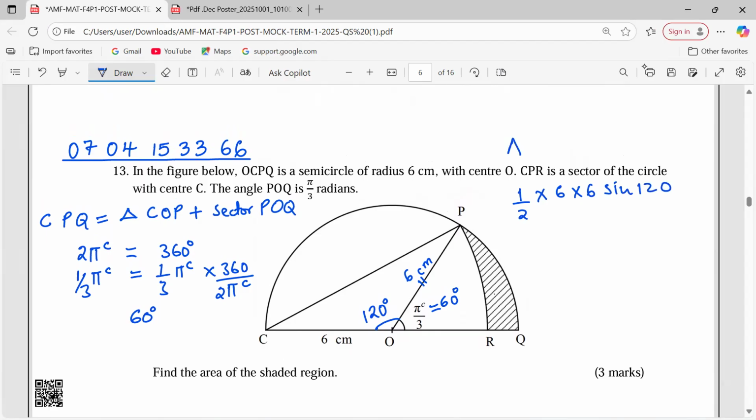Remember the formula: area equals half a b sine theta. In this case, half is a constant, a and b are the two sides of a triangle, then theta is the angle between the two sides. So when we compute 0.5 times 6 times 6 times the sine of 120, this gives us 15.59